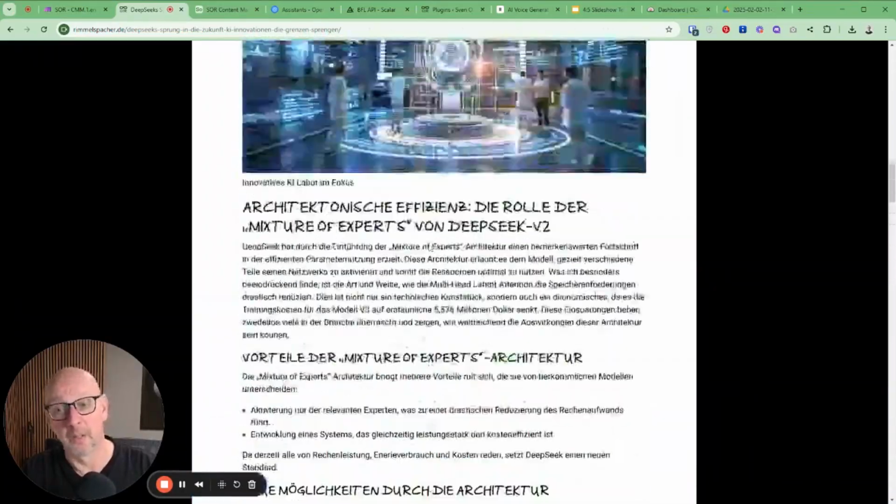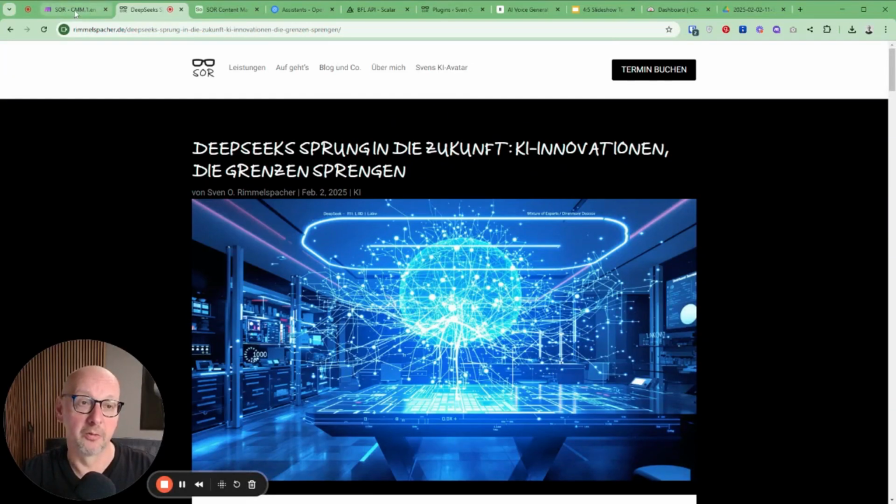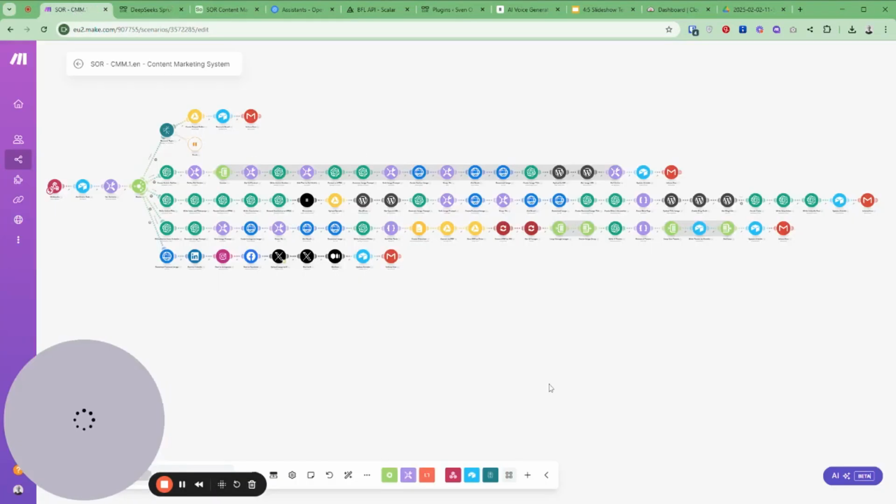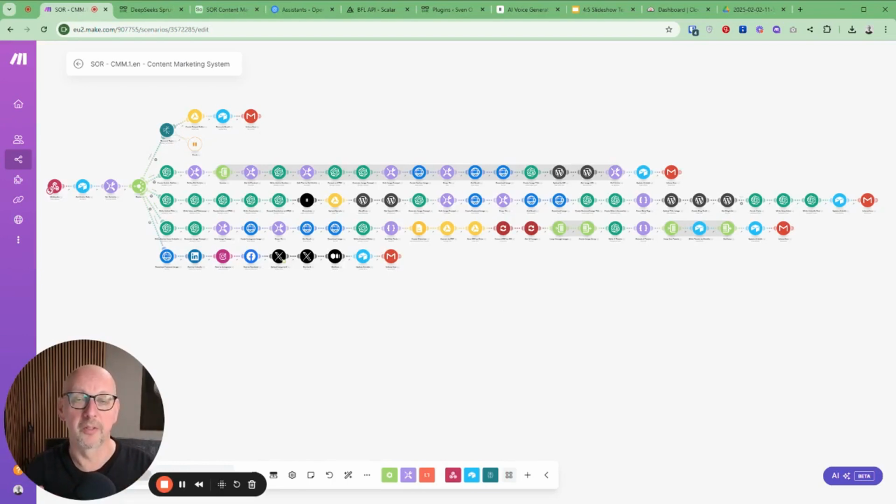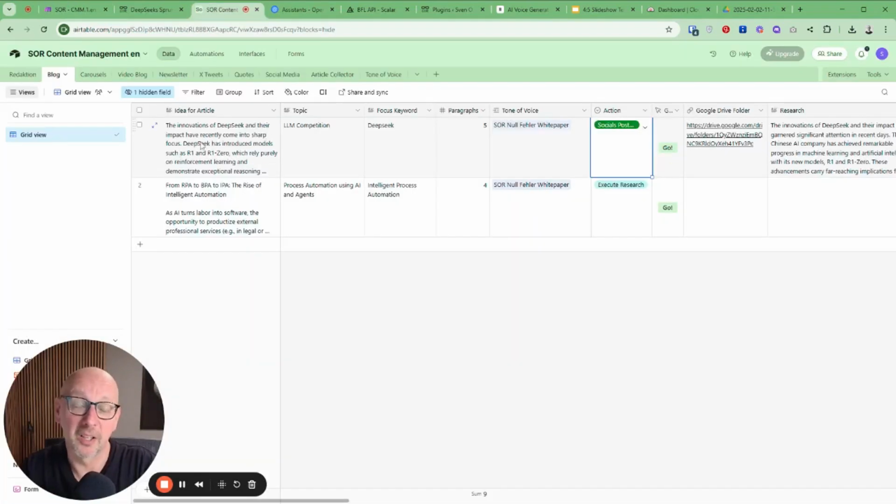The reason that I use such a big automation is that I want to produce a high quality and long article written in my own voice and with my ideas that I have in mind, and not just some stupid ChatGPT texts. It all starts with an idea for an article that I write down here in this cell. Then I add a topic, what is covered in the article. I add a focus keyword, the number of paragraphs I want to write about, and then I select the tone